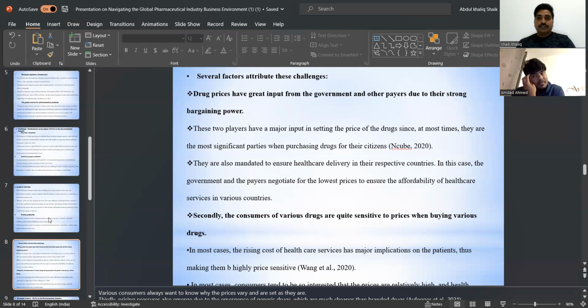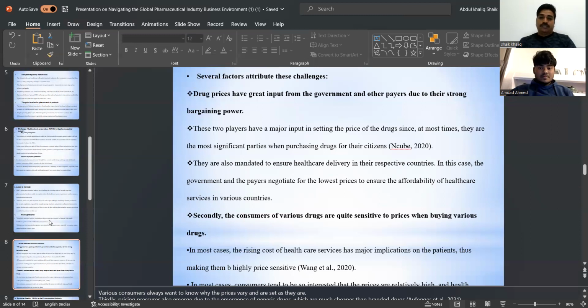Drug prices have great input from the government and other payers due to their strong bargaining power. So these two players have major input in setting the price of drugs since at most times they are more significant parties when presenting drugs for the citizens. They also manage to ensure the healthcare delivery in the respective countries. In this case, the government and the payer negotiate the prices to ensure the affordability of healthcare service in various